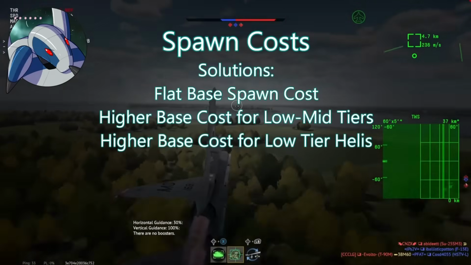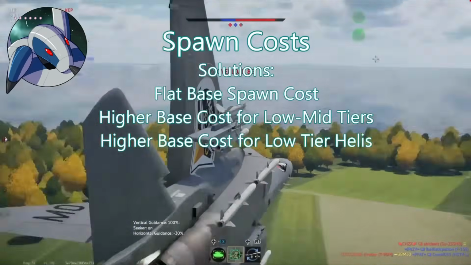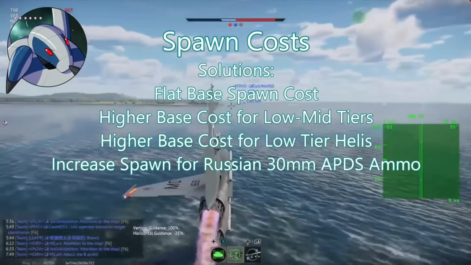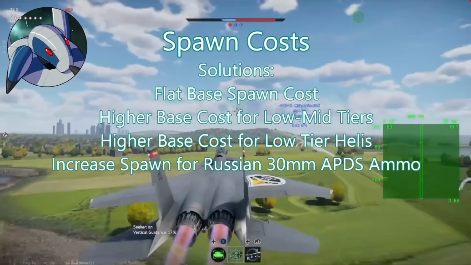These are some of the things like the Russian heavy rockets. However, one thing I would argue that needs to be in the same category as these heavy rockets, and thus not be something that you can first spawn with, is the APDS belt on the 30mm cannon for Russian helicopters. That ammunition belt is far too powerful for first spawning because if the enemy doesn't immediately contest you and you